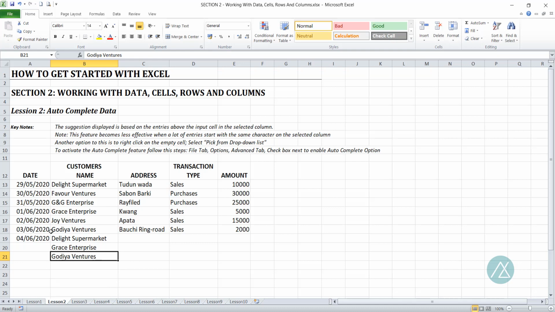So this is another way to go about it. When you have a lot of data that starts with a letter and you have to input more text for the autocomplete feature to come up, you can just select from the unique list of entries that has been made in that column. Now, to activate your autocomplete feature, for Excel 2010, the autocomplete feature is automatically activated. But if it is not activated, you can activate it by going to your File tab,